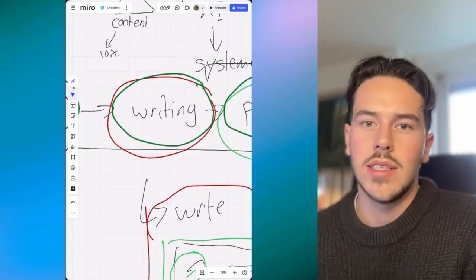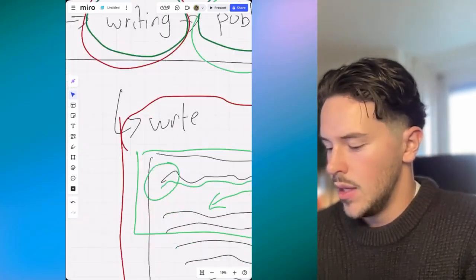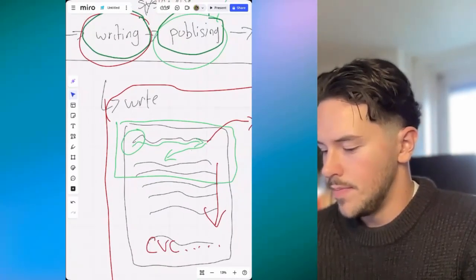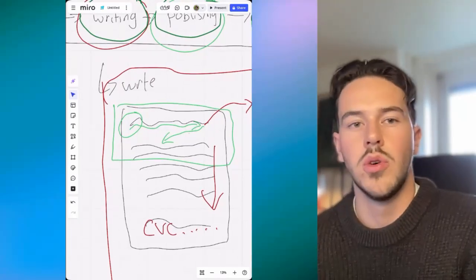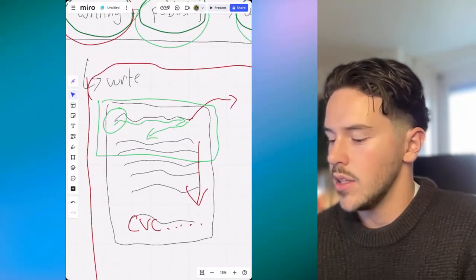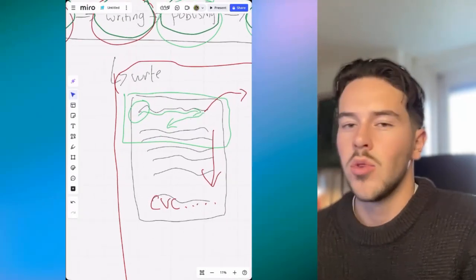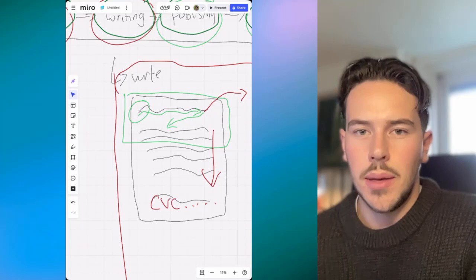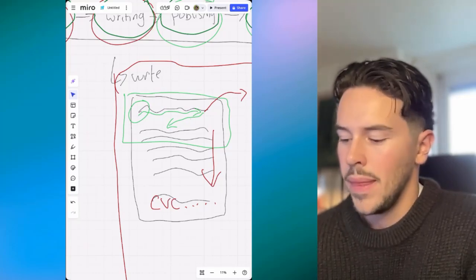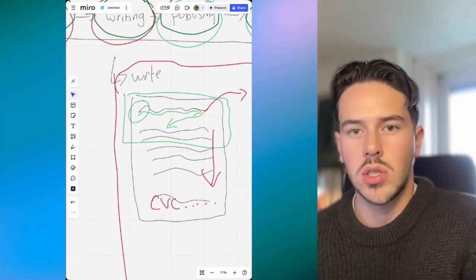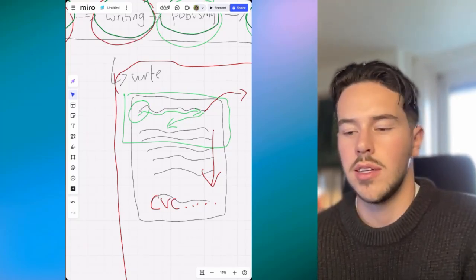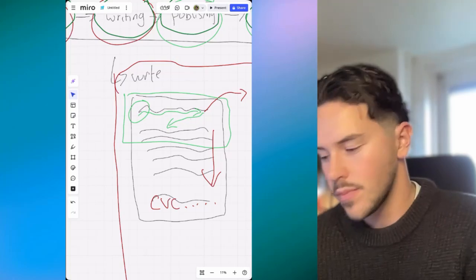Now you want to write the content itself. So I showcased it here. This is, for the people who are listening, this is an article. It's just drew an article out. And the structure it has. And writing is actually pretty simple if you know how it works. Because articles, LinkedIn posts, shorts, long form videos, newsletters, they all have the same structure.